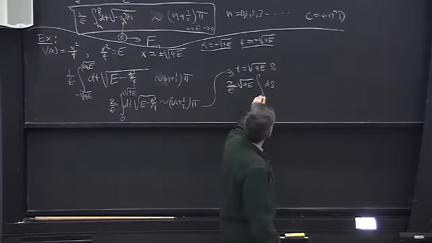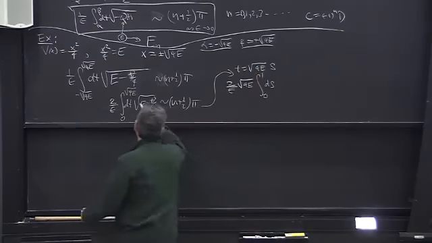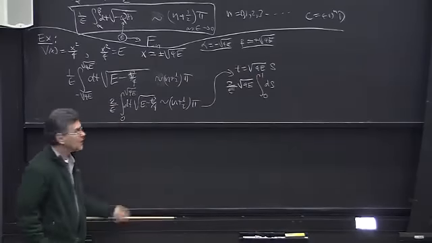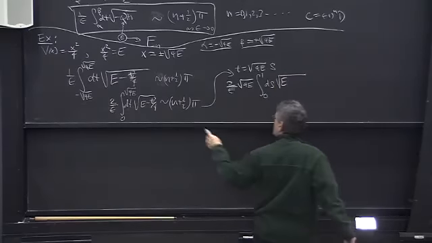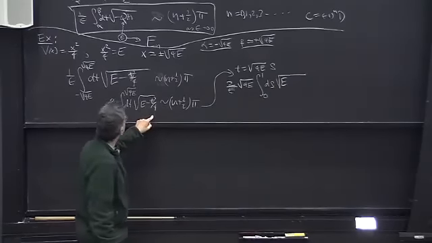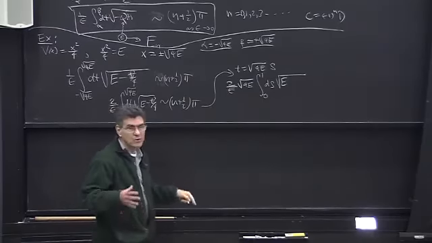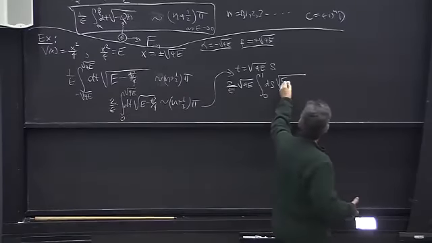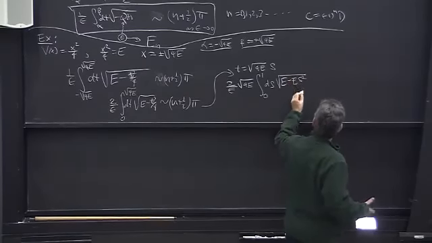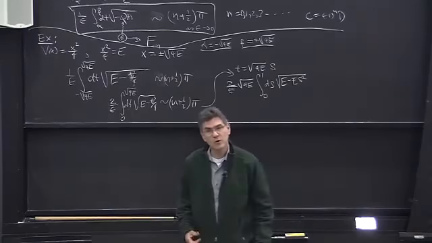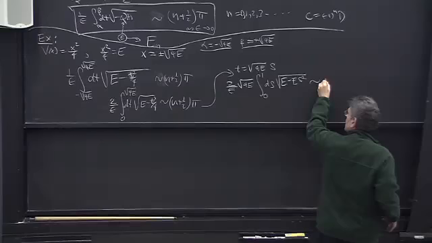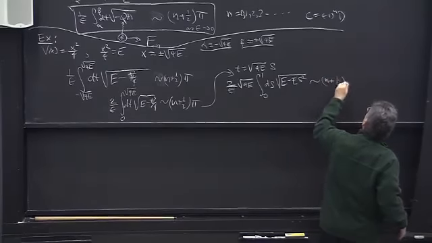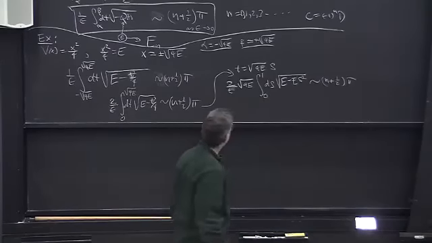And now the integral is going from 0 to 1. That's nice. And inside the square root sign, we have the square root of E here, and t squared over 4 just becomes E times s squared over 4. E times s squared, not over 4, E times s squared, okay, is approximately n plus 1/2 pi,